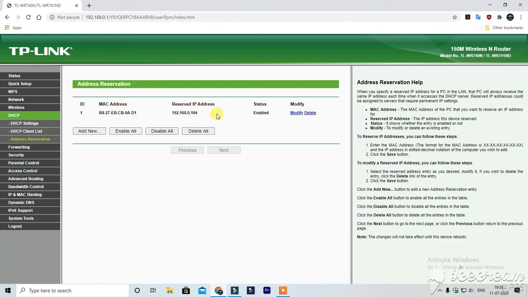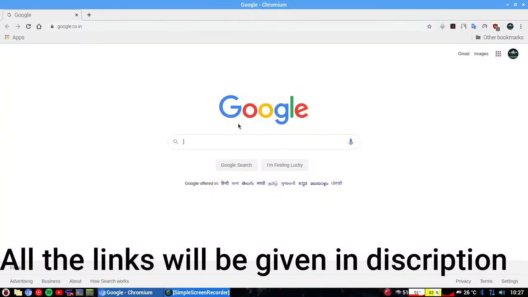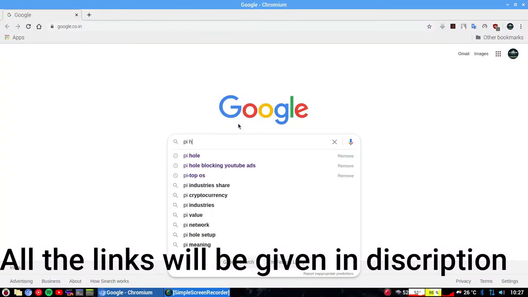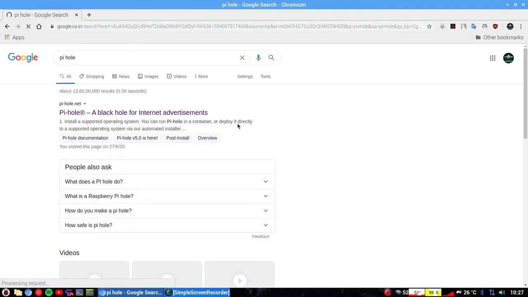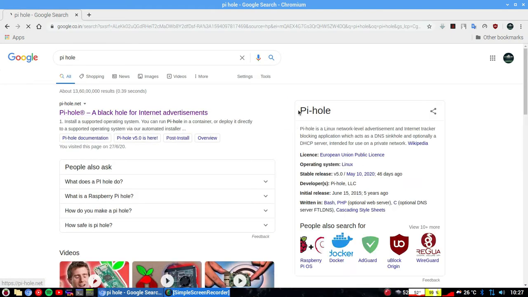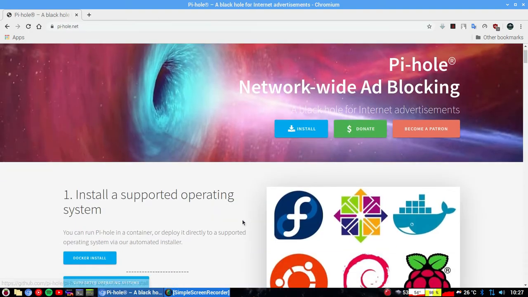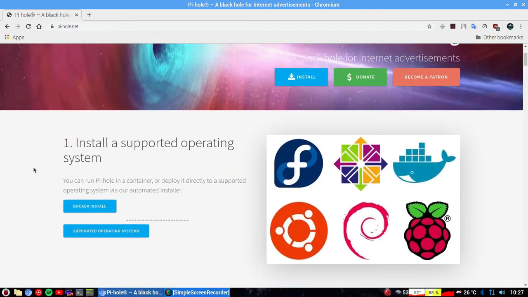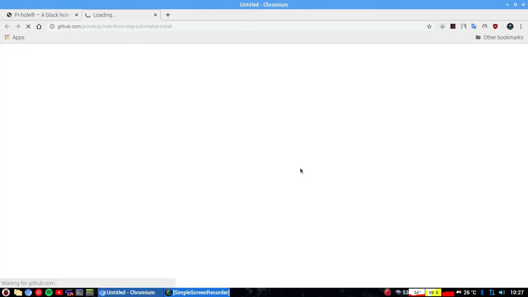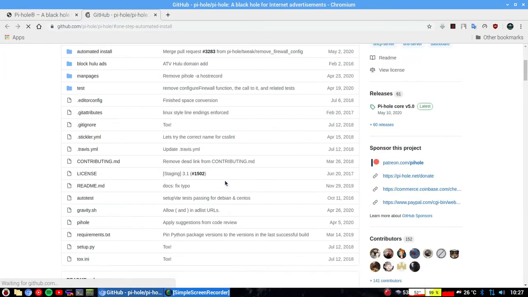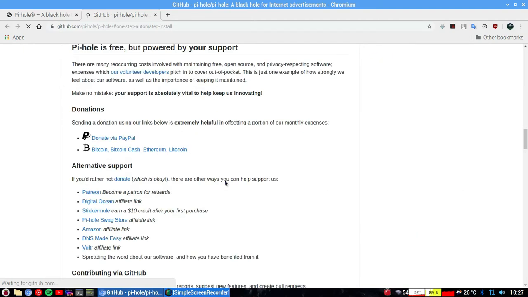After that, we need to install Pi-hole on your Raspberry Pi. Type Pi-hole in your browser. Click on Pi-hole and you can see the supported operating systems. I have installed Raspberry Pi OS, so just click install. It will redirect you to GitHub. From there, scroll down